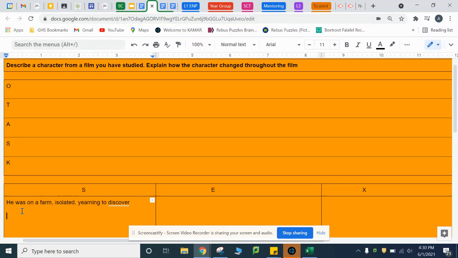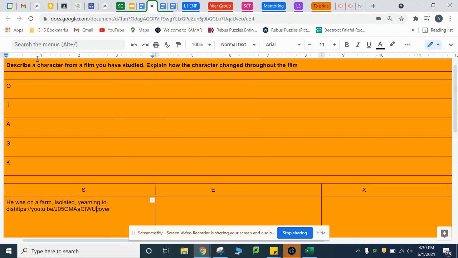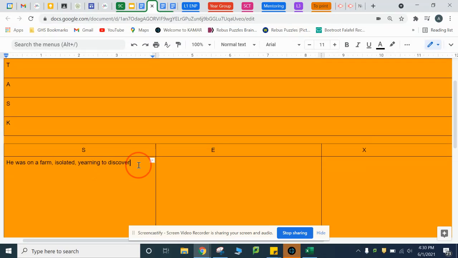I might then talk about my second paragraph statement, how in the middle of the film he lost his mentor, and he was down on his luck, and he didn't even really want to continue. He was so sad and so depressed that it was a real turning point in the film for him, and how he was acting was really sad and depressing.